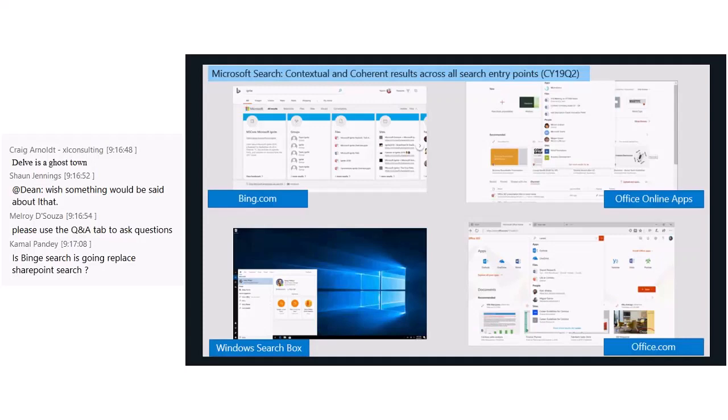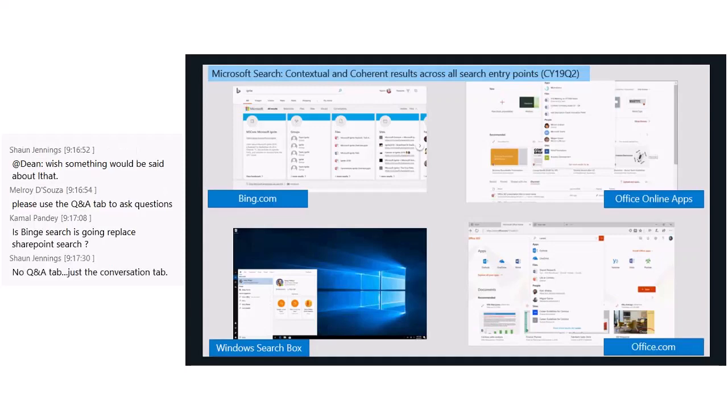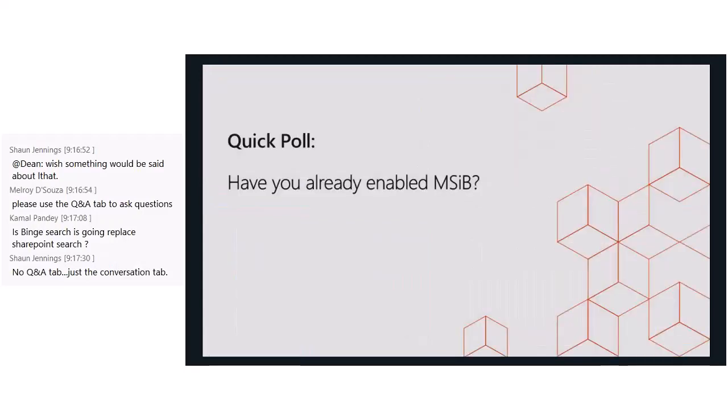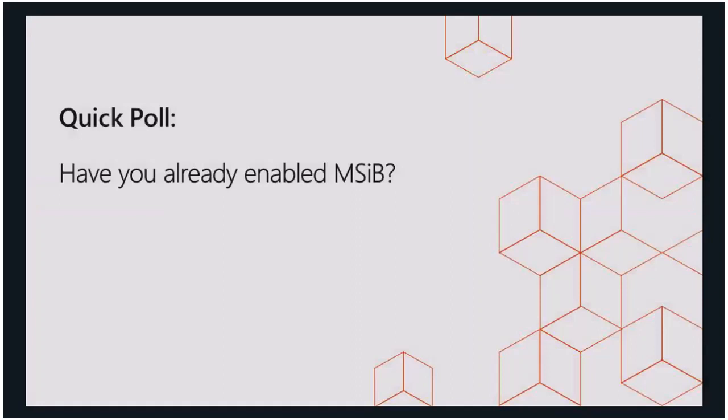Very cool. So it's kind of ubiquitous, regardless of where your users in your enterprise are used to searching for content. The same sort of results, the same sort of content will flow to that experience. That's right. This is cool. So today, I think we're focused on the upper left quadrant here, getting this enabled for Microsoft Search and Bing, and that's kind of the first place where a lot of these new scenarios are going to flow. So before I start talking about how to go about doing that, I want to actually switch to a